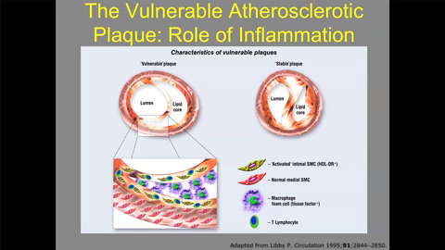One of the things that differs is in relation to the amount of inflammatory cells. The other is how big this lipid core is compared to one which is stable. And the third is how thick is this overlying muscle layer compared to one that doesn't rupture. So there are three characteristics that we know about.